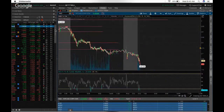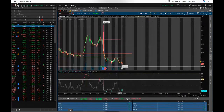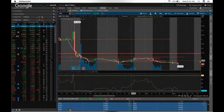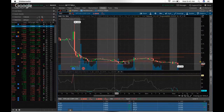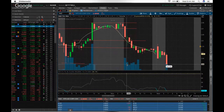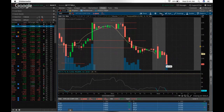RAD, dang, it's down to 260. In my opinion, based on the previous trends, it's just consistently showing signs of downward momentum after this drop that it had. And this is Rite Aid. It's just not doing well. So 260 is the support. If it holds above 260, 265 would be the resistance. That's a potential for less than 2%. Volume isn't where you want it, but